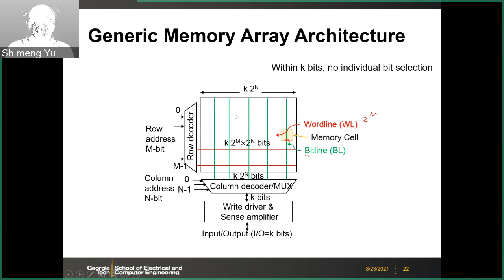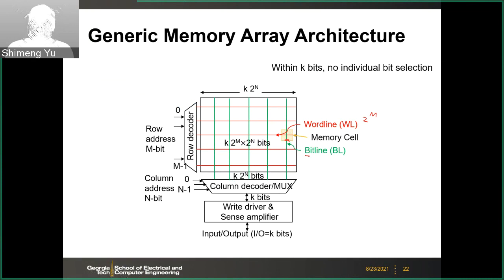And then column-wise, you will have this column decoder, plus the mux. The column decoder will select which column. So the row address selects which row to access, and the column decoder will also select which column you want. And after that, we may need the mux, because from the column side, you will have 2 to the power n column groups, and each group